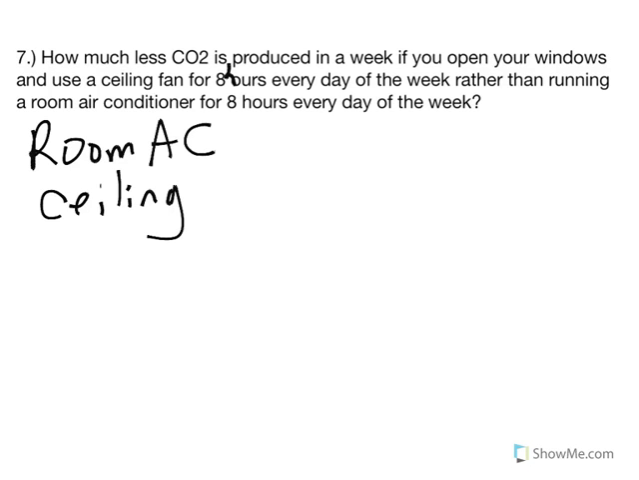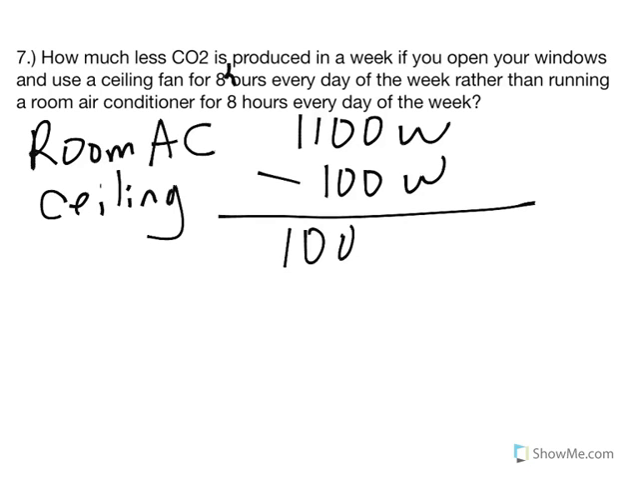So the room AC is 1,100 watts, and a ceiling fan is 100 watts. So the difference is 1,000 watts. So this is what we will save, right? We will save 1,000 watts in general by using the ceiling fan over the room AC. So it's very much recommended that this is how you do it. Figure out how much wattage you're saving and then base everything off of that. So if we're saving 1,000 watts,